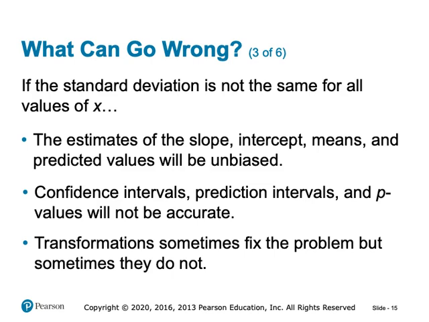2. Inaccurate confidence intervals, prediction intervals, and p-values. The real problem with heteroscedasticity is that it leads to inaccurate confidence intervals, prediction intervals, and p-values. Since these intervals and p-values are calculated based on the assumption of constant variance, homoscedasticity, heteroscedasticity can make them too narrow or too wide, thus not accurately reflecting the true uncertainty in the estimates.